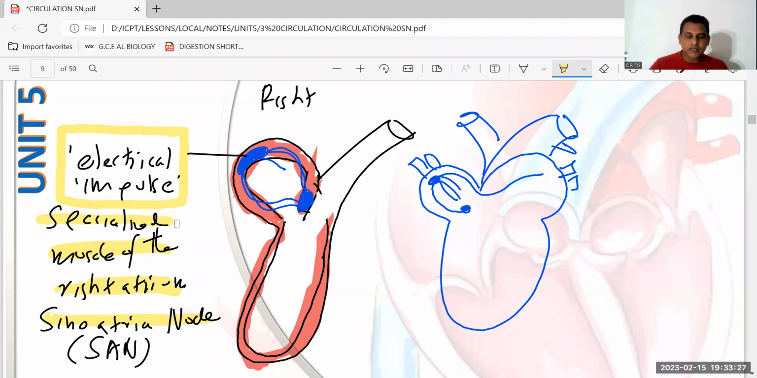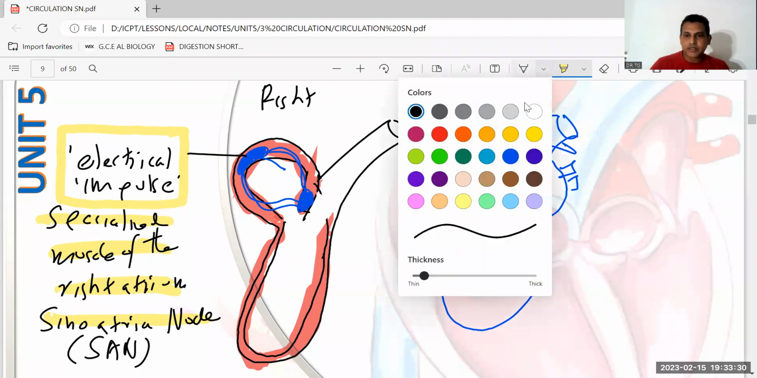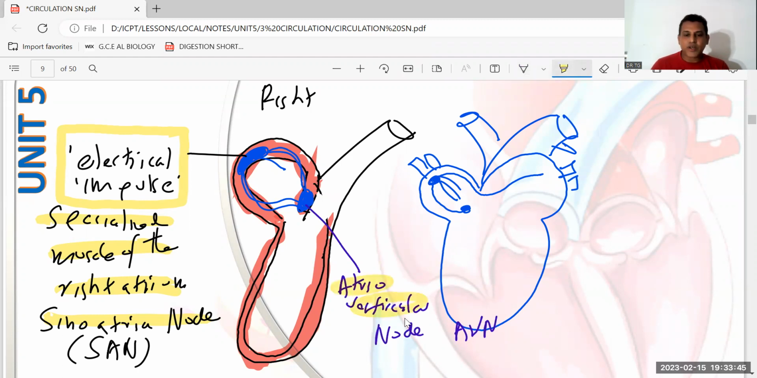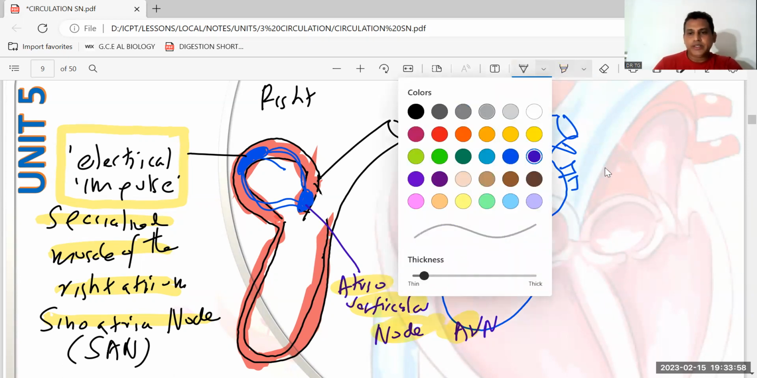An SA node is connected to another node called the atrioventricular node. This one is the atrioventricular node, or AV node. Okay, then